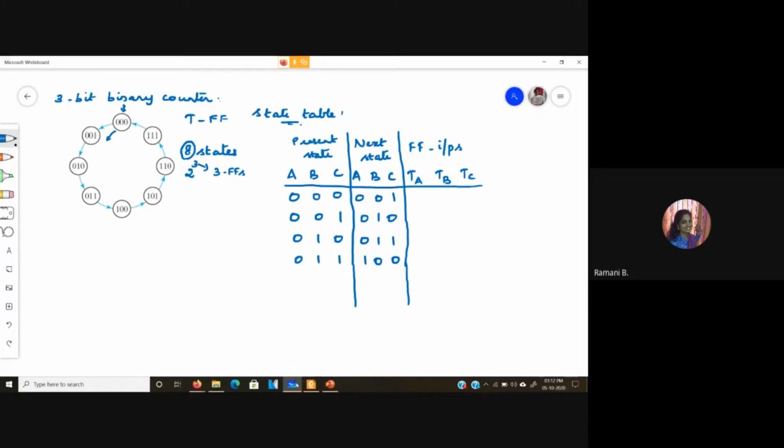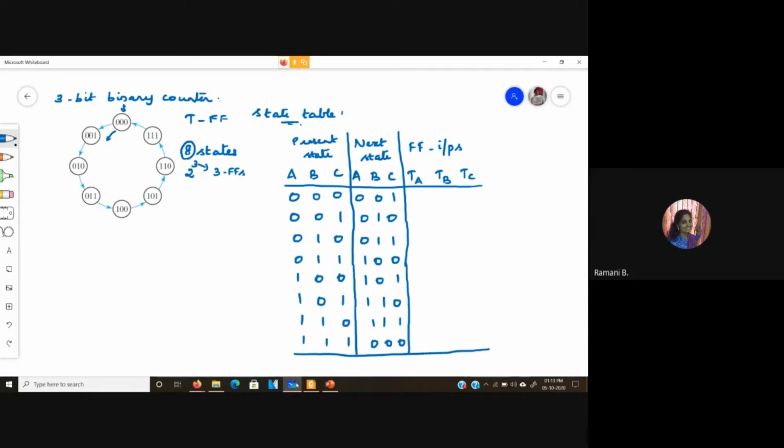So 1, 0, 0, then 1, 0, 1, then 1, 1, 0, then 1, 1, 1. And for 1, 1, 1, the corresponding next state is 0, 0, 0. After this the whole thing is going to repeat, so we will stop here.